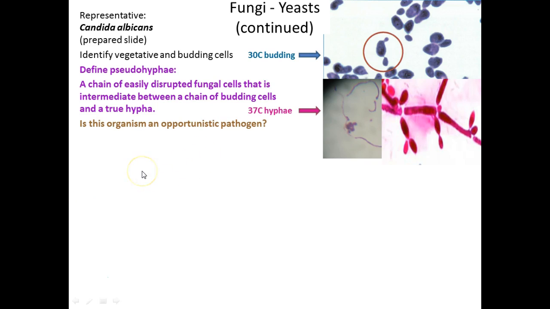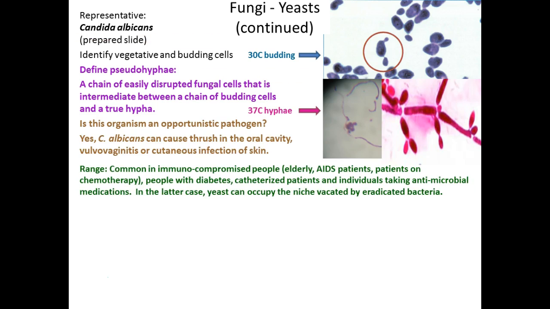So is this organism an opportunistic pathogen? Yes. This is the one that when women say I have a yeast infection, this is what they're talking about. And it's not necessarily that you have an infection. We all usually have this yeast, right? It's just that under certain conditions it will overgrow, right? And there's lots of different conditions that can cause the overgrowth. And although it mainly happens for women, again in the vagina and vulva region, it can also happen in the